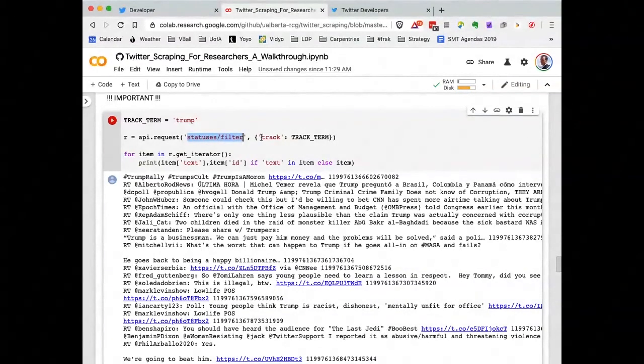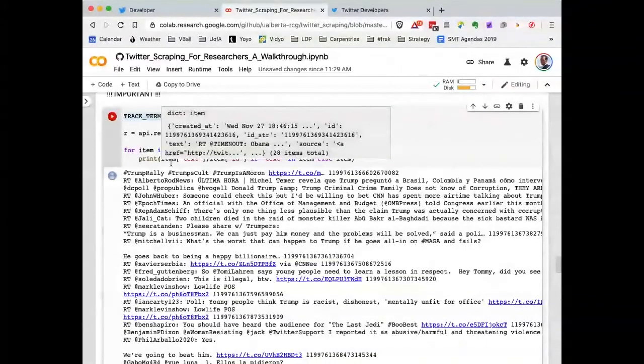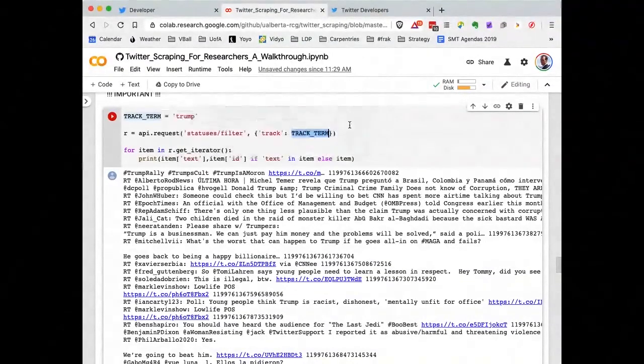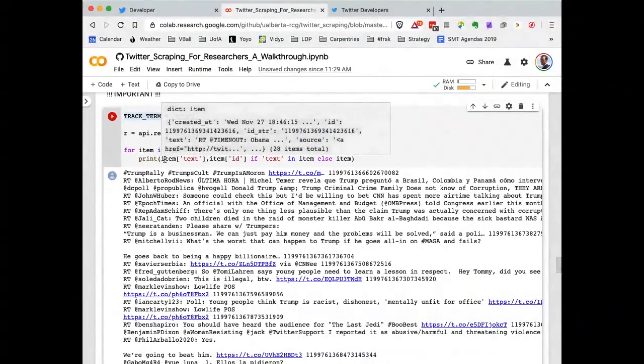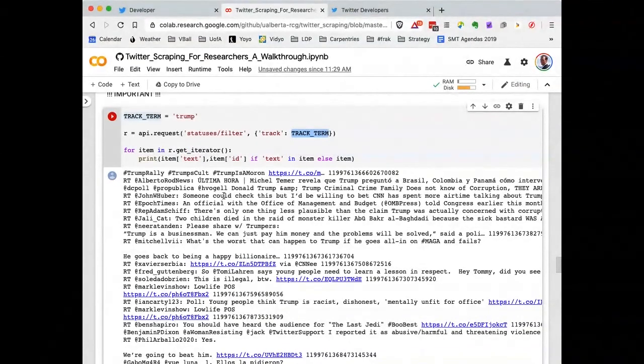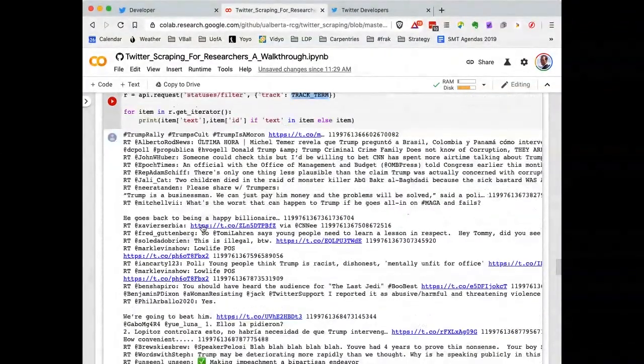You see that get iterator method again. We're opening up a connection to the API, and we're just waiting there. We're running through, getting the next one, getting the next one, and every time we get it, we print it on the screen. And in that print line, you can see that here I'm being fancy, and I'm just printing the text and the ID. And if there is no text, which is possible, you can get some hiccups in here, then it's just going to go to the next item, or it's just going to print the item itself. And so we get all sorts of Trump rallies, and there'll be all sorts of interesting language. And if you care about this stuff, well, a lot of